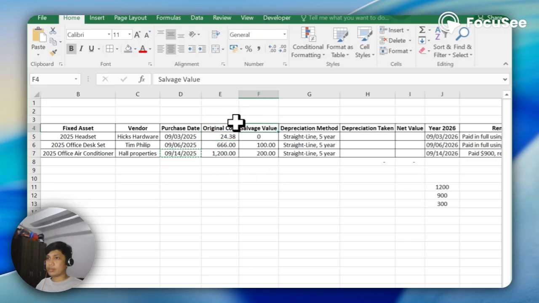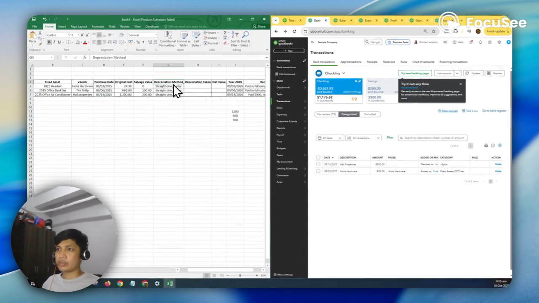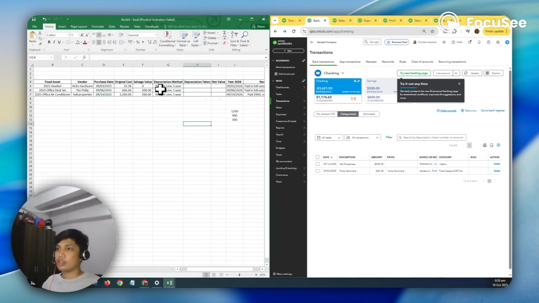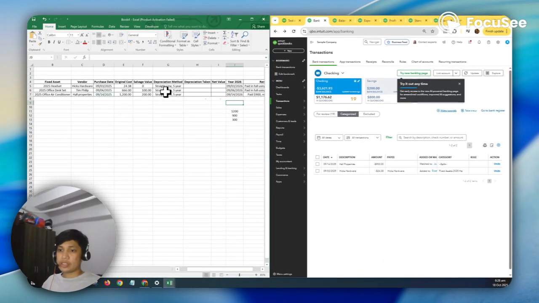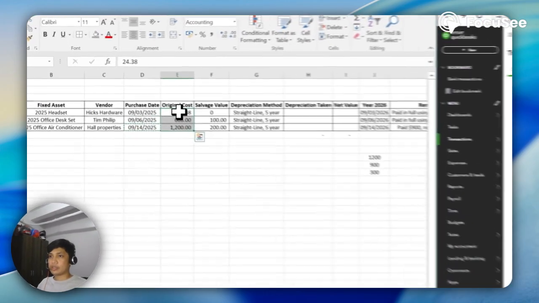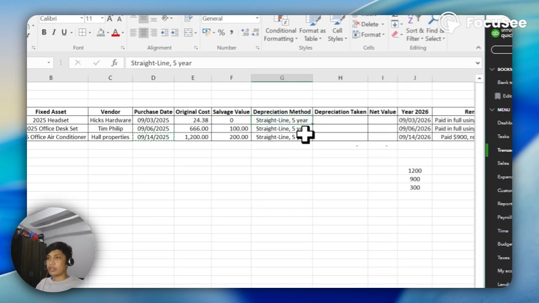We have the original cost, salvage value, and depreciation method. For the depreciation method, we will just use the straight line. Then we have columns for depreciation taken and net value. After every year, the value of the asset will depreciate, and we have only 5 years as the lifetime of each asset.